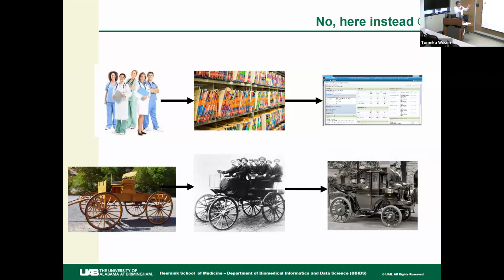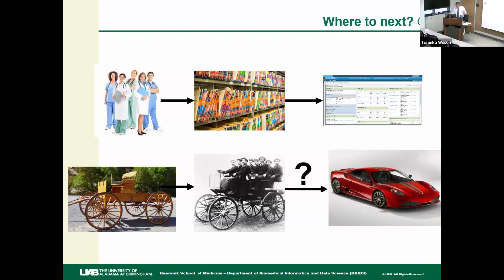Well, it's not enclosed, so we'll enclose it. And it's too slow, so we'll put a bigger engine in it. Or the engine blows up, so we'll put the engine in the back or whatever. So they modified slowly, but they didn't stop and say, look, we don't have this horse thing anymore. Why don't we think about what the car should really look like? It took us a long time to get to that.